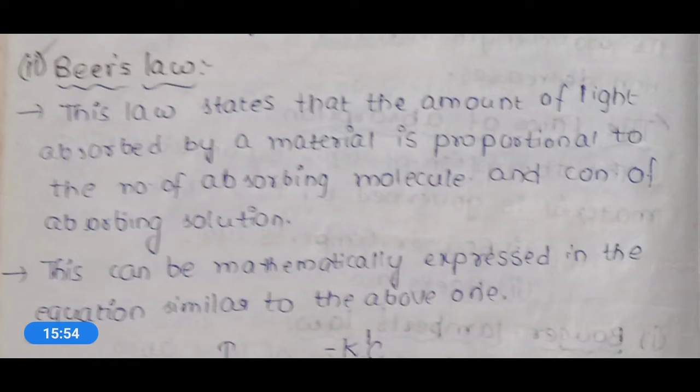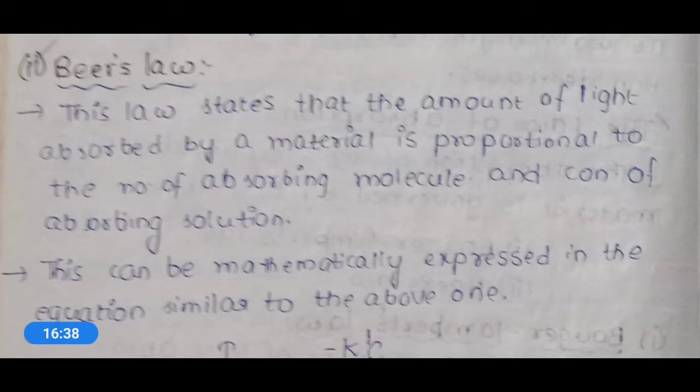So here one more factor is added. It is dependent on the number of absorbing molecules, and along with this, the concentration of the absorbing solution. If we are using a low concentration absorbing solution, it will absorb less light. Whereas if we are using a high concentration absorbing solution, then absorption of light will be high. So in this manner, Beer's law explained